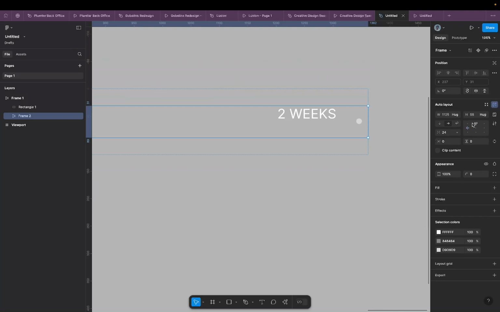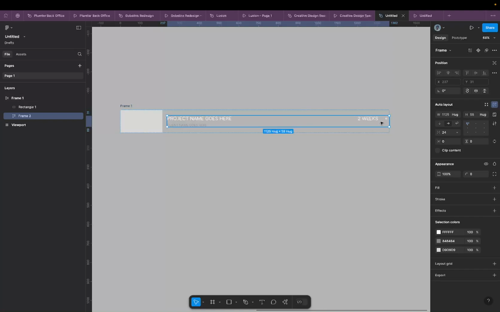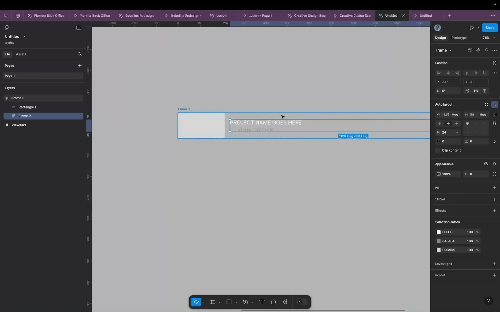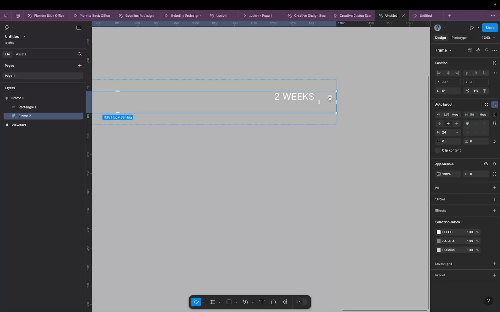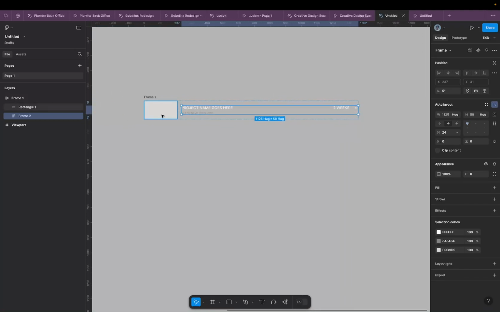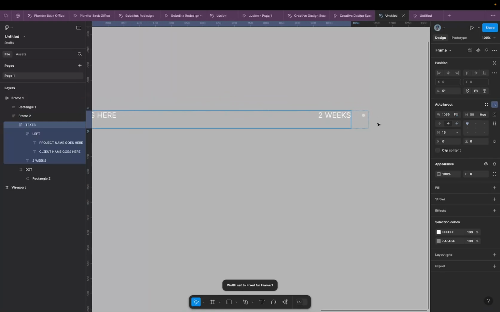Let's work with it. So align top as well. So align top with this. So this way I have these elements that are nested together that operate independently of the parent auto layout group. So I think this works for what I'm trying to do. So I'm going to make the space between them 24. It works fine. So with that out of the way, the next thing I want to do is to make sure that it's set to fill container, and this is set to fill, so that it's always filling the available